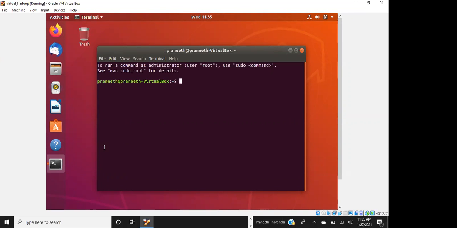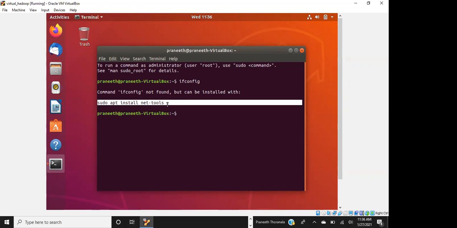You can just type ifconfig. Like in Windows we call ipconfig, right? Here it is ifconfig without a space. You need to install that, so you can just say sudo apt install. You can just copy paste this command. Enter your password.